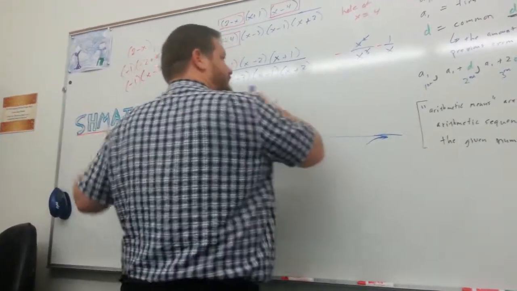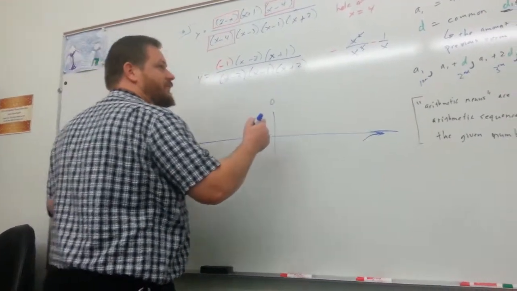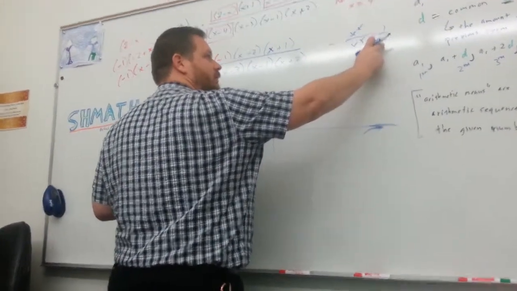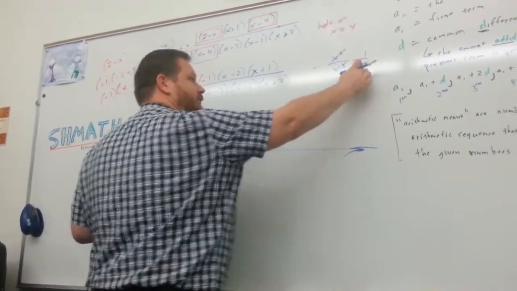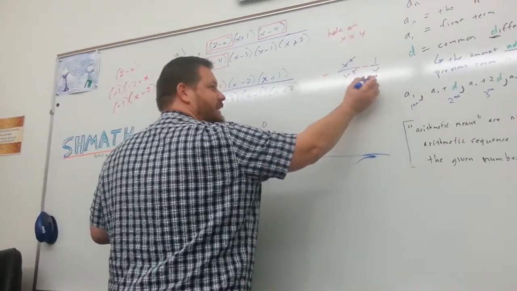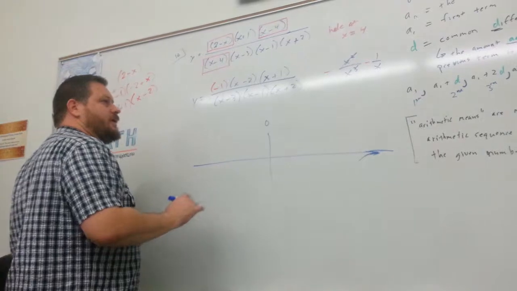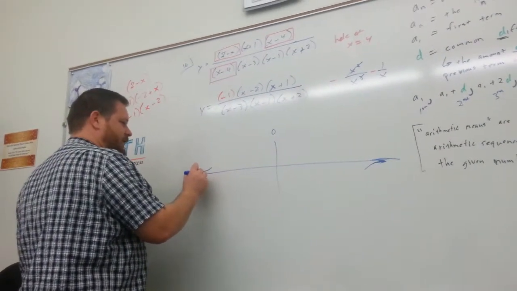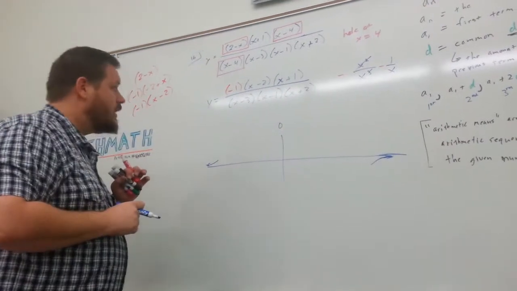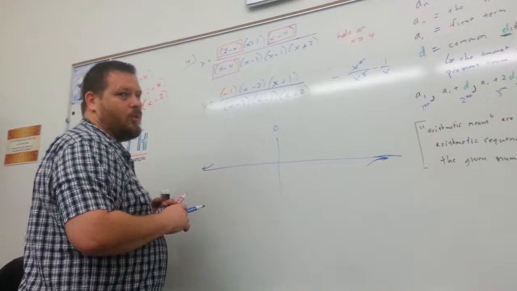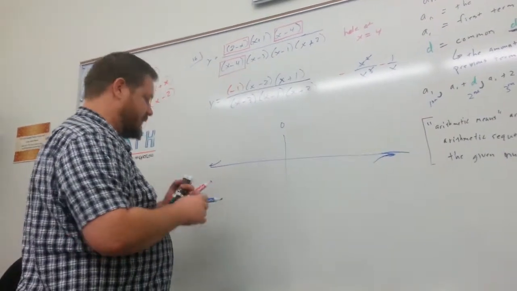Very large negative numbers, the same sort of thing is going to happen. For a very large negative number, we're going to have 1 over a very large number. We're going to be very close to the x-axis. If we have 1 over a very large negative number with a negative out in front, the two negatives will cancel, and what's going to happen way at this end is that we are going to be approaching the x-axis from the top side. So now we just need to figure out where are our zeros and asymptotes,